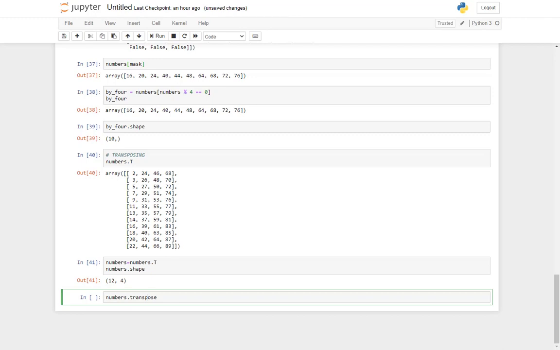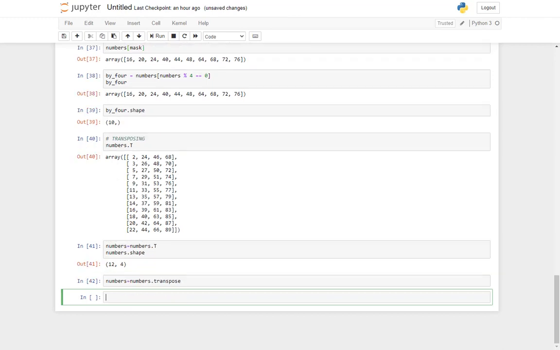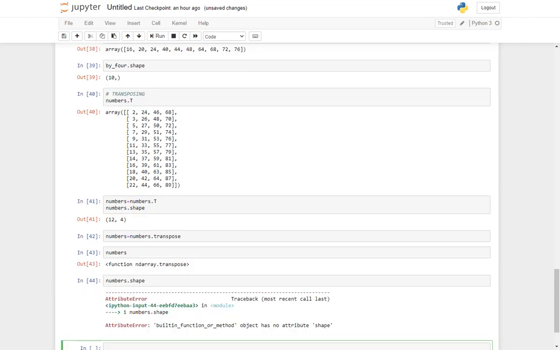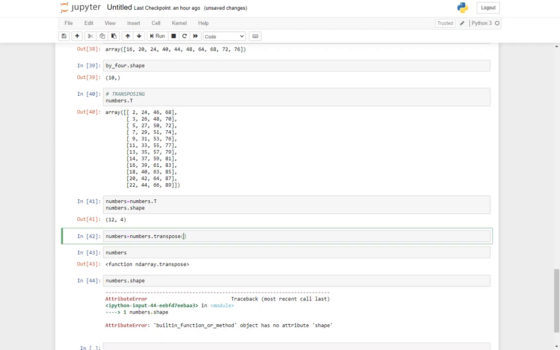Let me save it to the original. The transpose of transport gives us the original fields. There seems to be some problem. Okay, so this is a function that